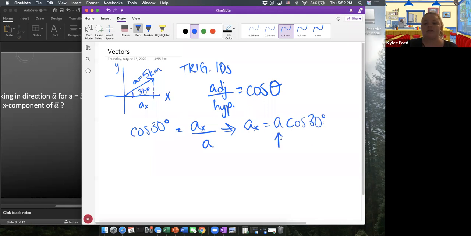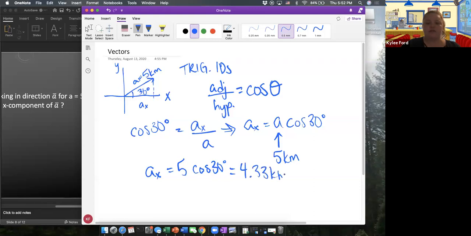And then we can plug in our A as 5 kilometers. A x equals 5 times cosine of 30 degrees. And we can use our calculator. So we have 5 times cosine of 30, and that is going to be